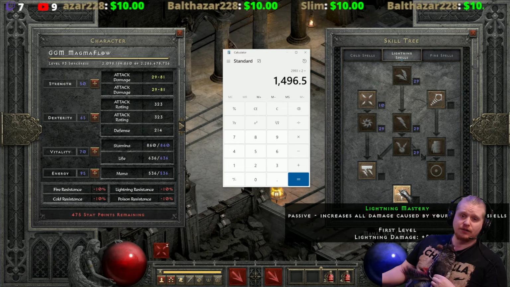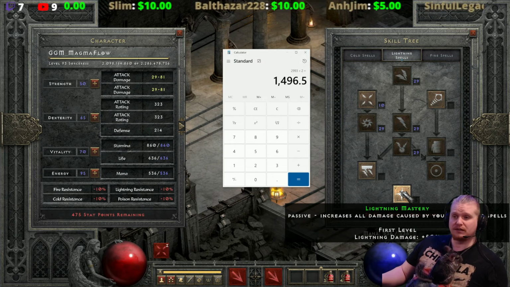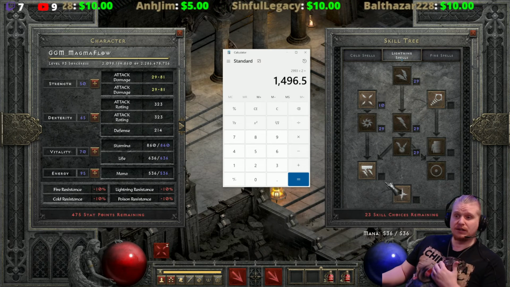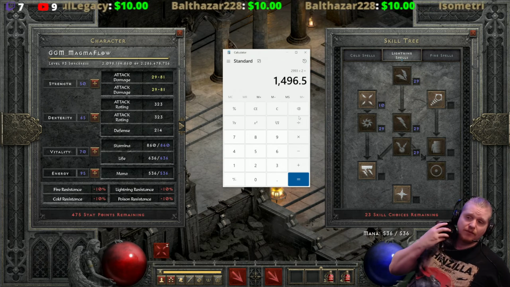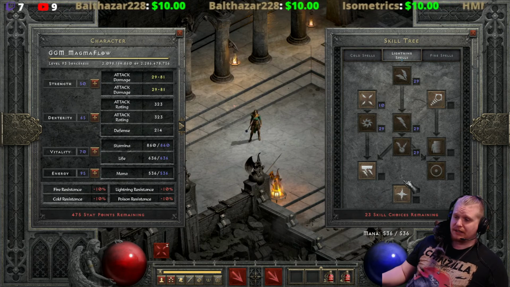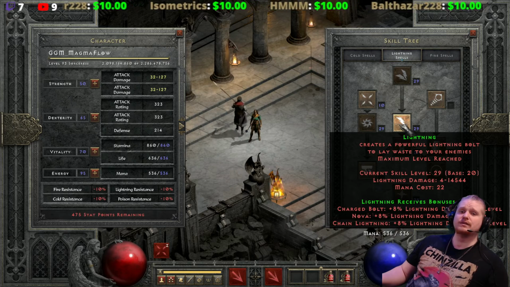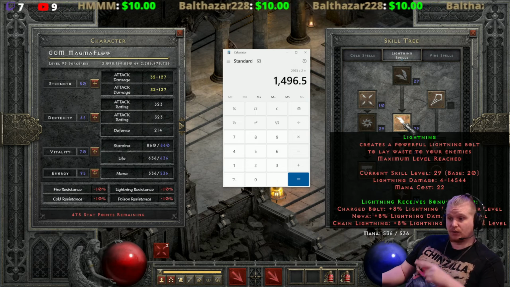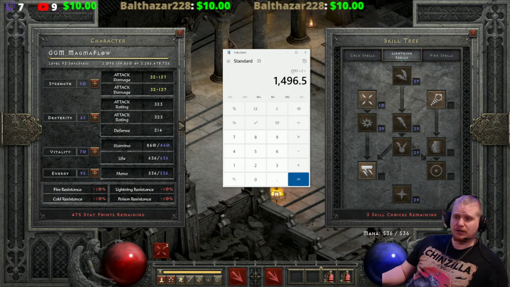Because of the way that Lightning skill damage works, it does not affect the total damage; it affects the base damage, which is completely different than the way that Cold Mastery works, because this damage is not the number that you're going to see at the end of the game. In fact, once we put our points into Lightning Mastery, you'll notice that our lightning skill damage goes up to 14,544. However, we're not getting a 20% increase to 14,544, we're getting a 20% increase to the 2,993 number, which is an average of